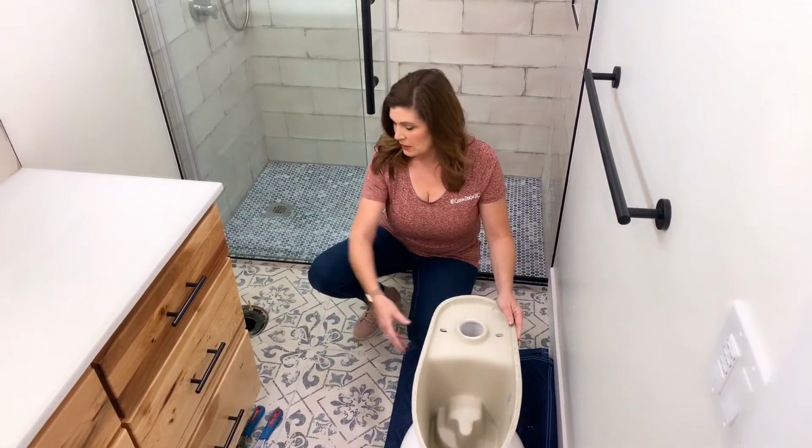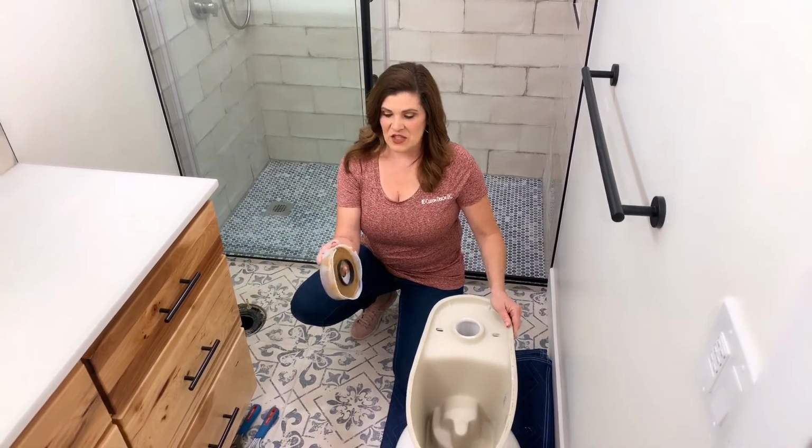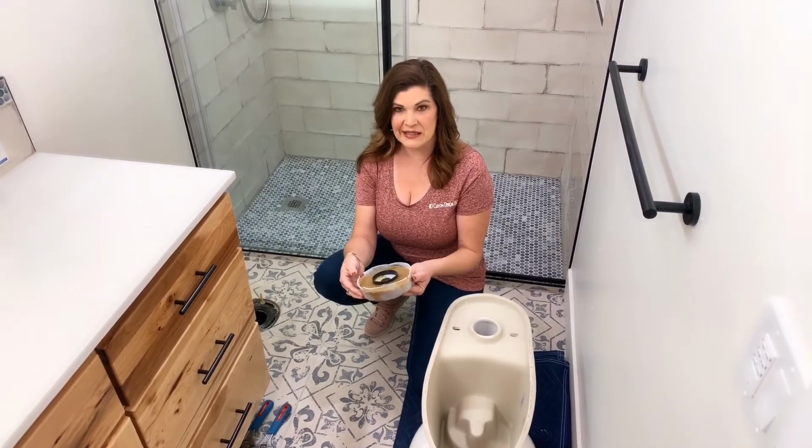ceramic of the bowl. I'm going to take your wax ring. I've just got a standard wax ring here. There are a lot of different types of wax rings. You can get, this is standard, you can get an extra thick wax ring, or you can get rubber gaskets instead of wax rings. I'm just going to use a standard one where my toilet flange is in the correct